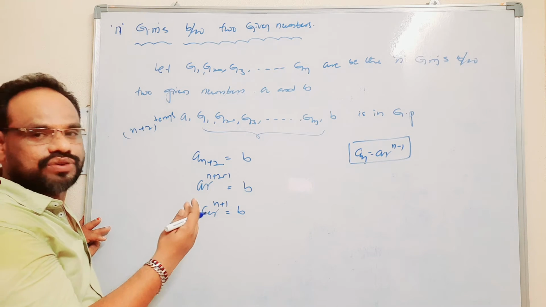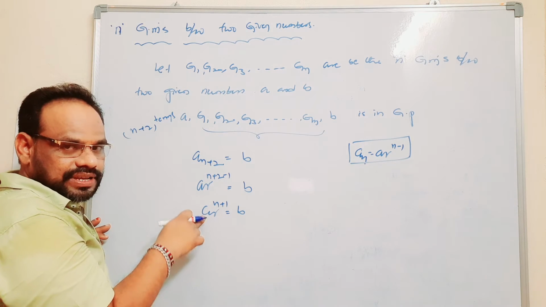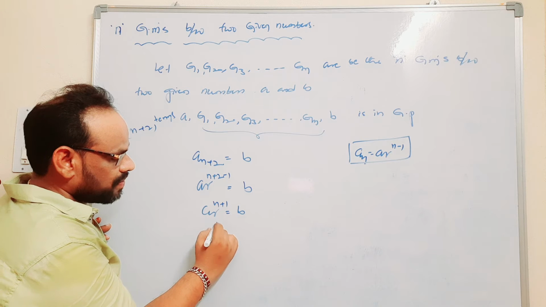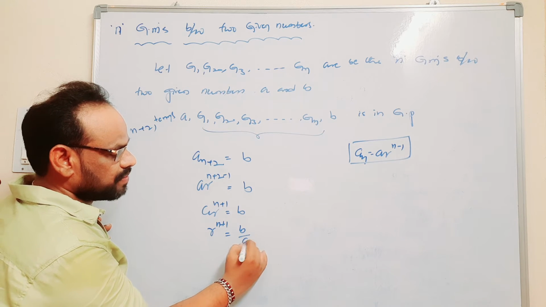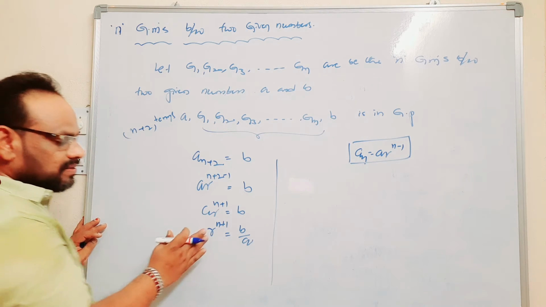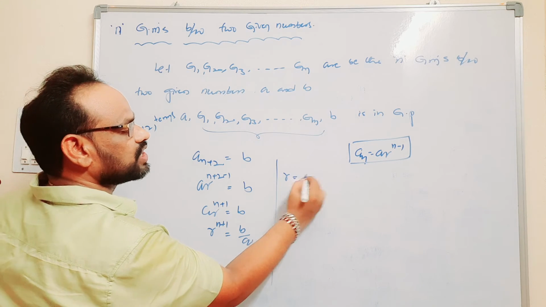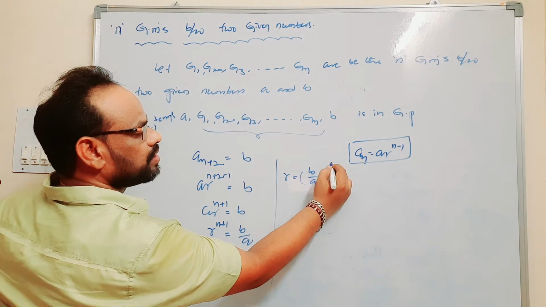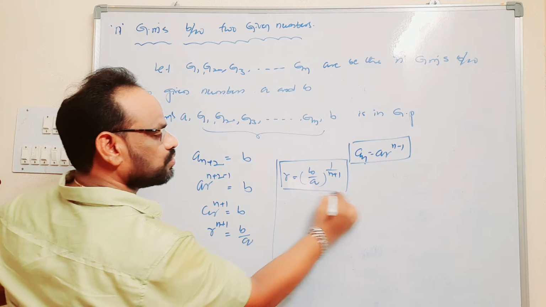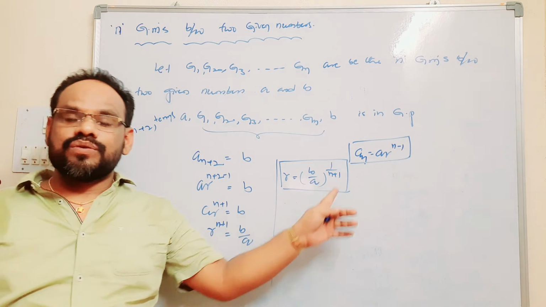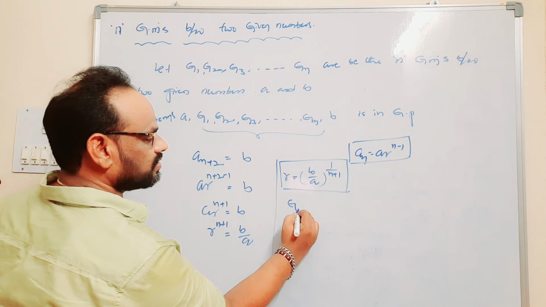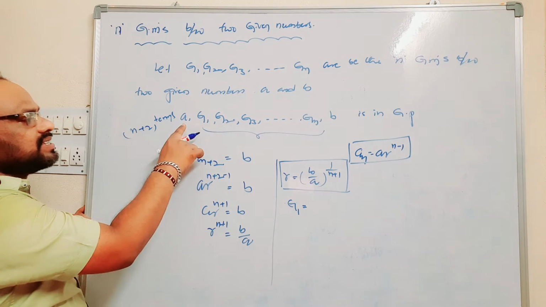We want the common ratio R. If you send A from LHS to RHS, it becomes a division. So R power n plus 1 is equal to B by A. Now sending the power n plus 1 from LHS to RHS, R is equal to B by A whole to the power 1 by n plus 1. So the common ratio R is equal to B by A whole to the power 1 by n plus 1. This is called the common ratio. We want G1. So G1, this is A, this is AR.